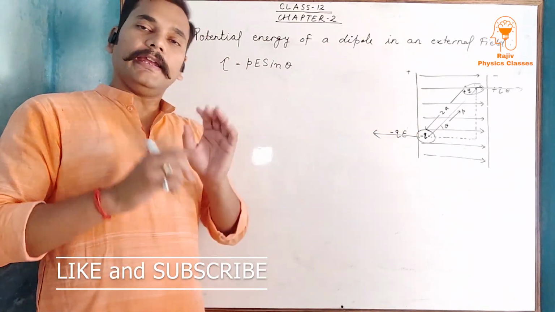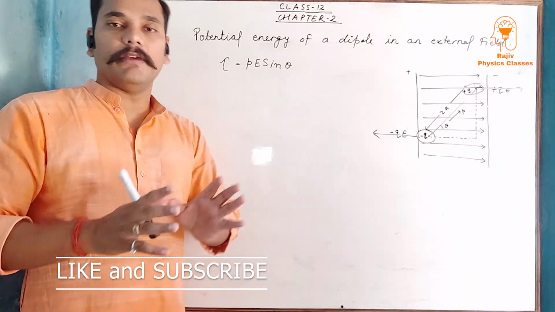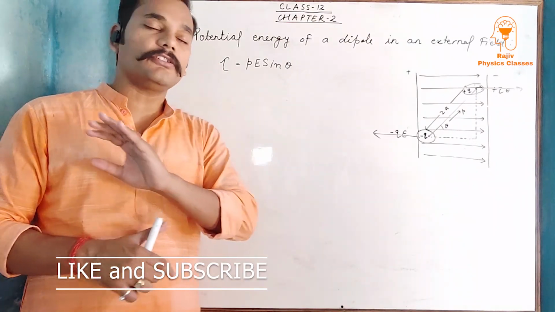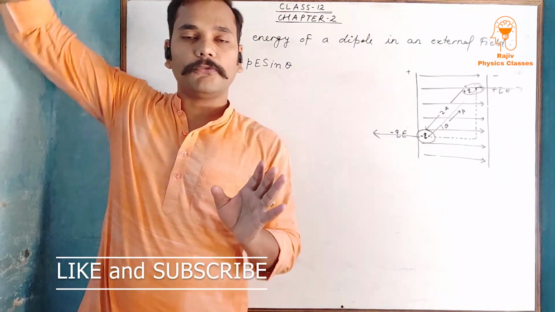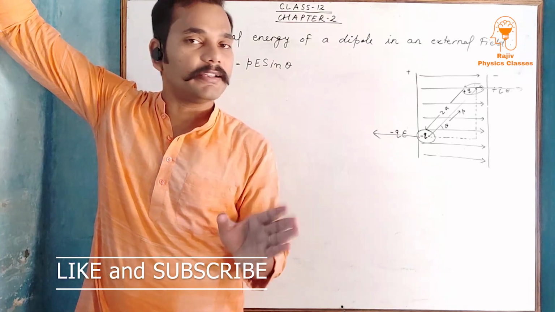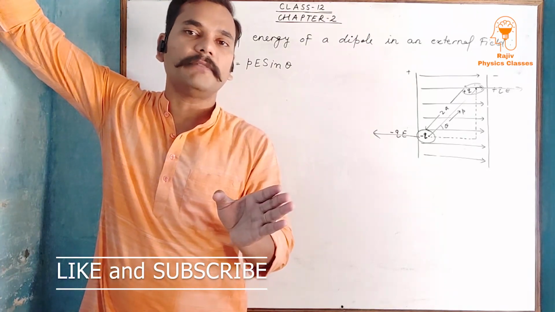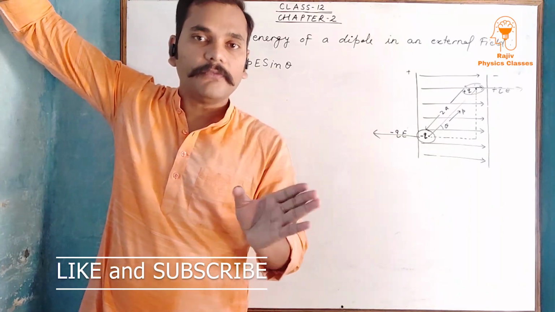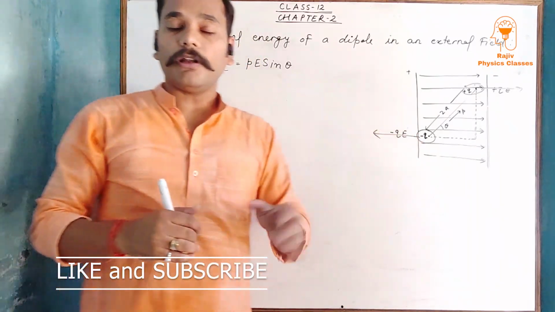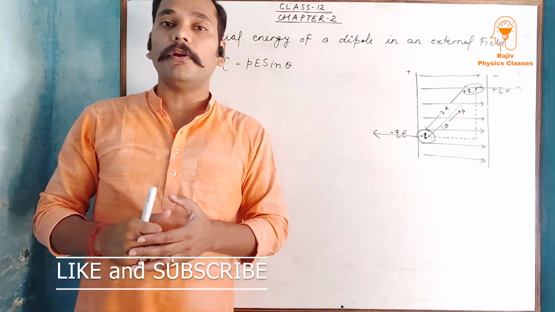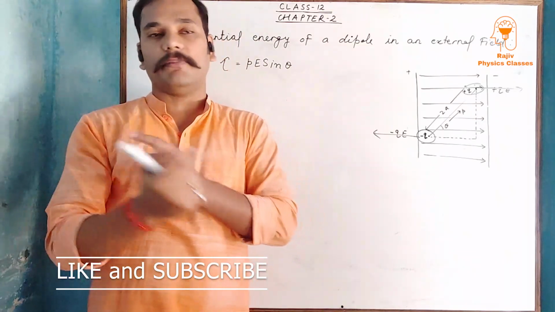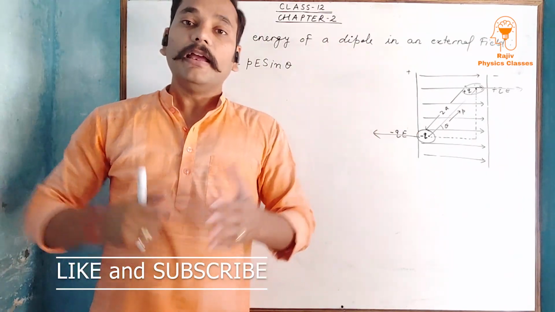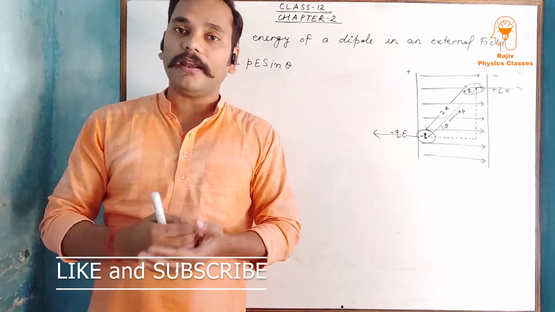Okay? In case of dipole, always remember the total force, there is no doubt regarding that. The total force F is equal to plus QE and minus QE. If we calculate the total force, that will be 0. Total charge will also be 0. Here we are talking about a force which is rotating the dipole in the anti-clockwise direction because of this electric field. Here the forces are acting in the opposite direction,